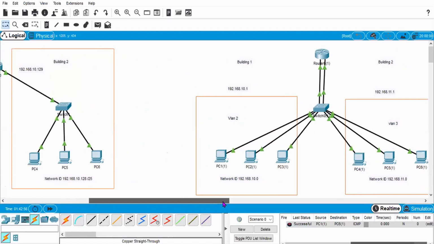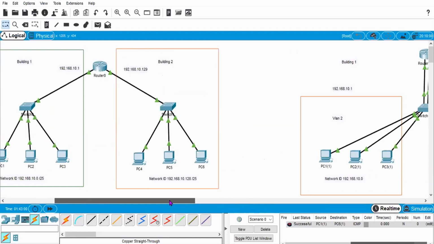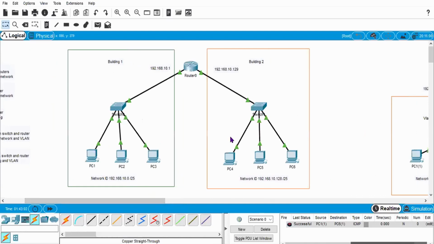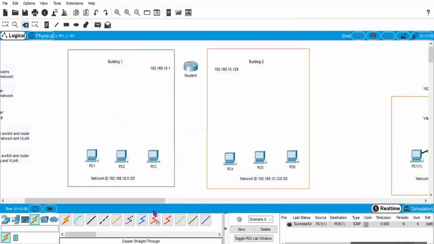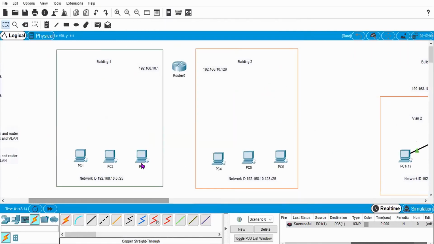So for merging it together, I am deleting this switch, and I am taking this switch, copying it, and pasting it here.